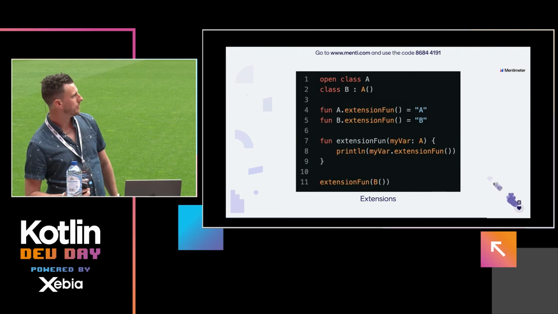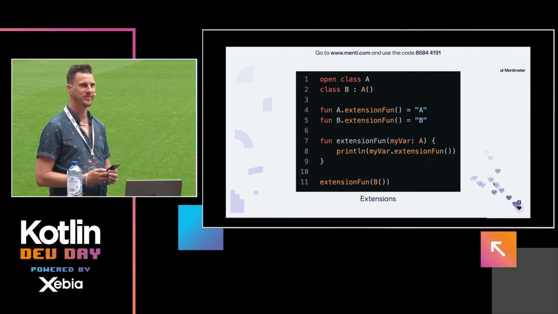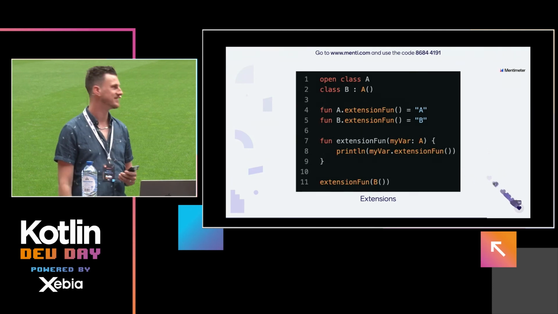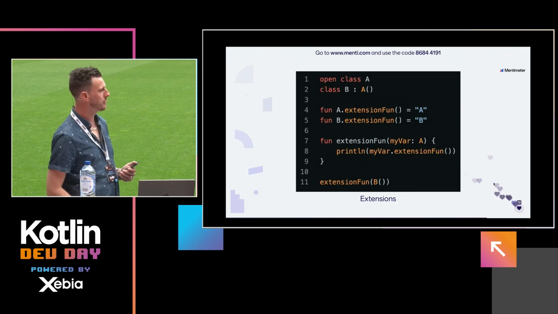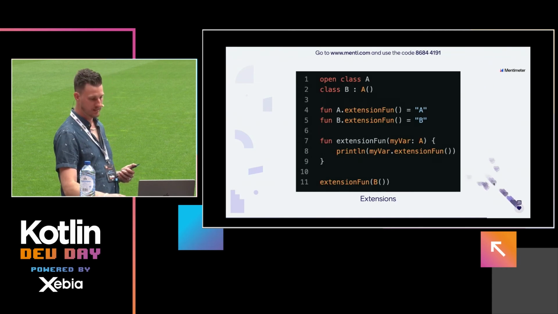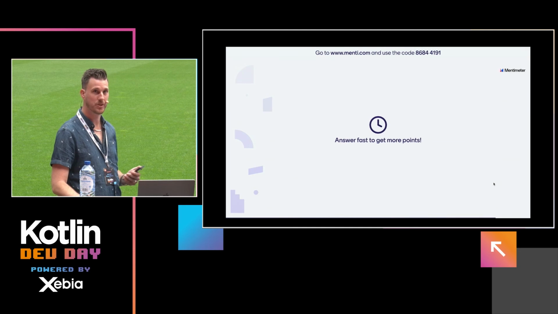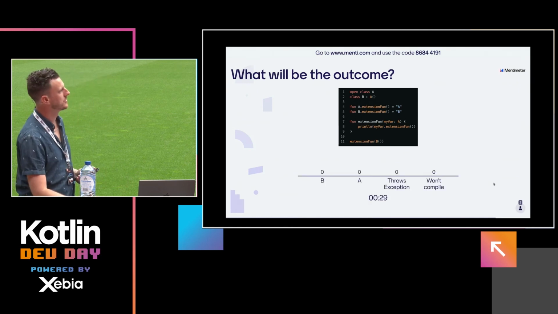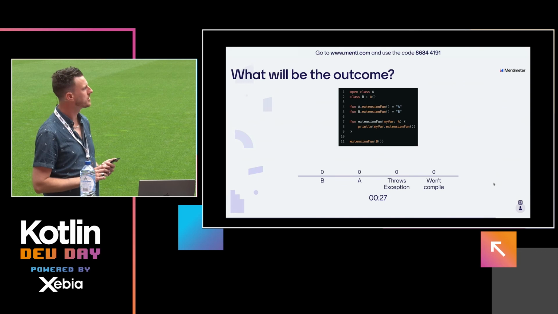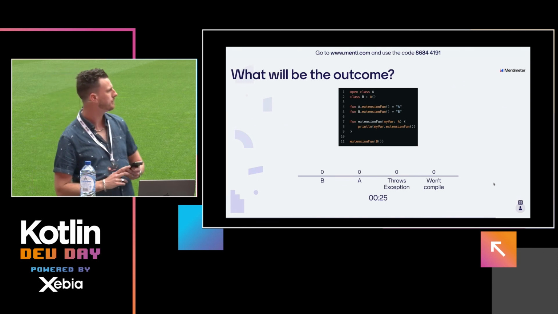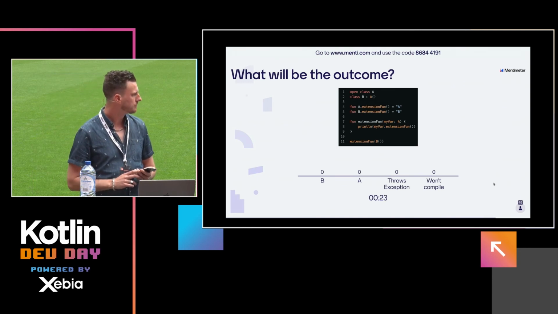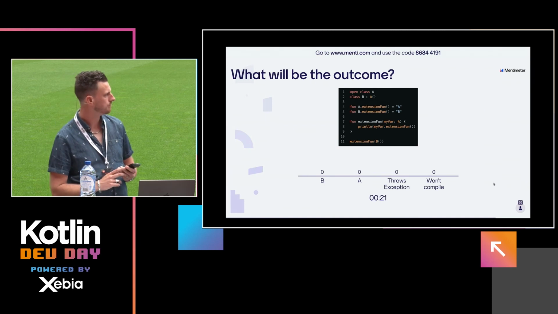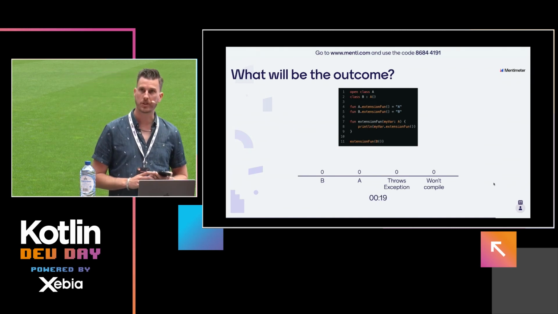So we've got one more. You're almost there. Are you still good? I see we have 5 minutes left, so let's do this one and then announce the winner. We've got two extension functions on a type hierarchy. Which one will be called? Or maybe it doesn't work at all.